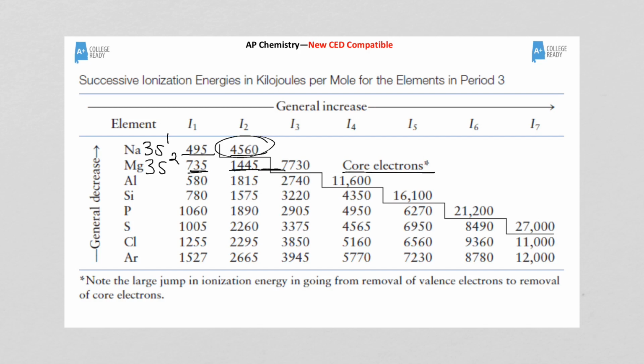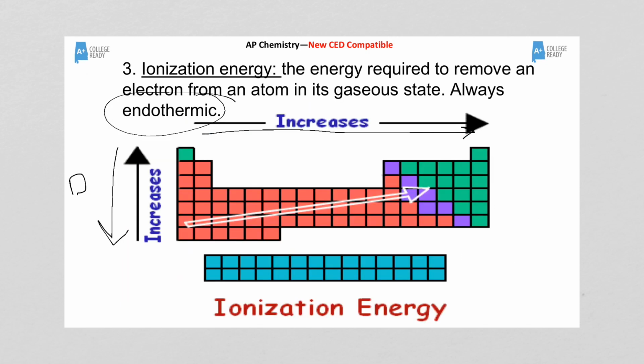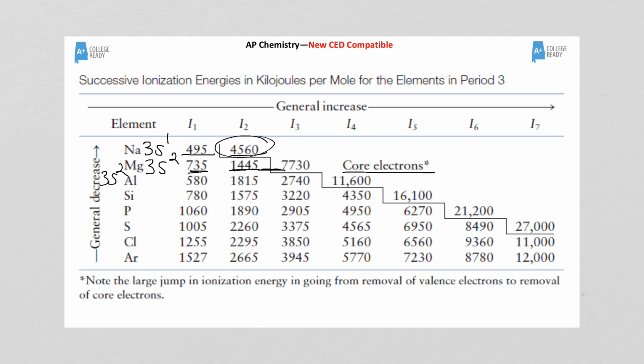Think of aluminum. Aluminum is in group 13, 3s2, 3p1. So we've got energy to remove 1 valence electron, which would be the p electron, to remove an s, the second s, then we see the huge jump. So I think you can tell here, and this is really what you need to make sure you can see, is to analyze this data and look for the huge jump, because it won't be highlighted like this is with